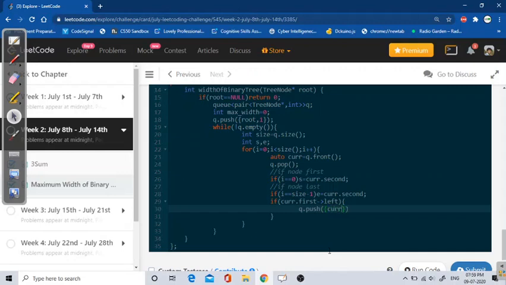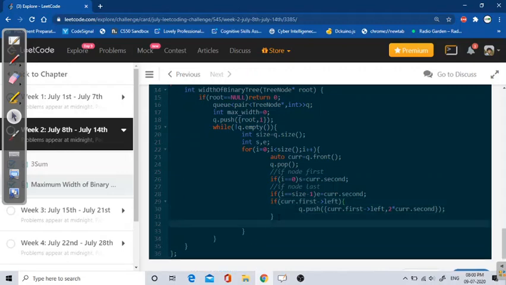So we will store current dot first dot left, we will move in left, and the index will be 2 into current dot second, because indexes are stored in second, and at first we will store the node. So this will be for moving forward in the left side. In the same way I will also check the right side.